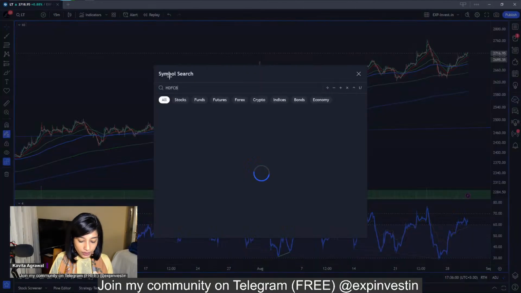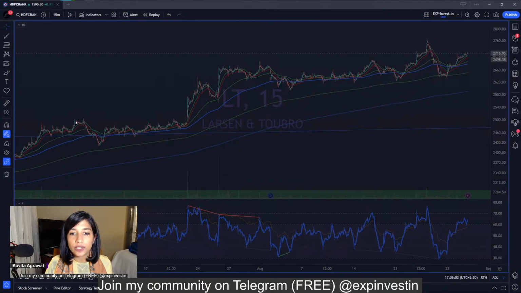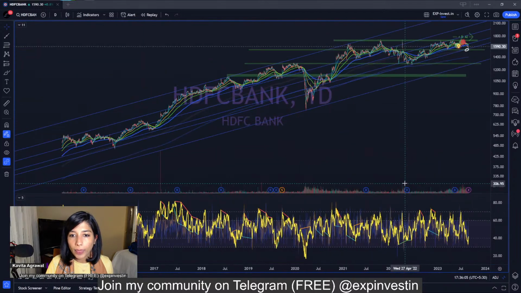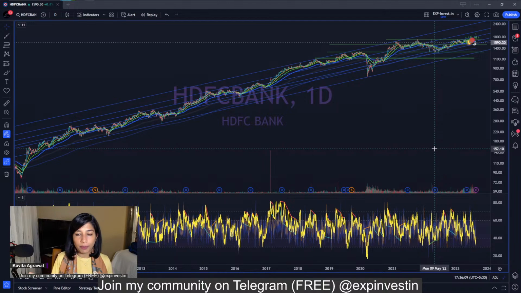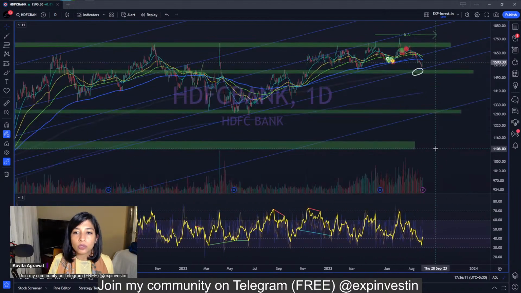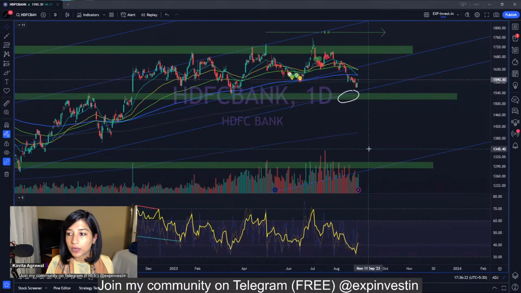Another stock query is in HDFC Bank. So what I can see in HDFC Bank, see, it's a perpetual bull stock. The underlying trend is not only positive, but a very strong positive, because we can see the slope of the trend line is a little steep. Now,